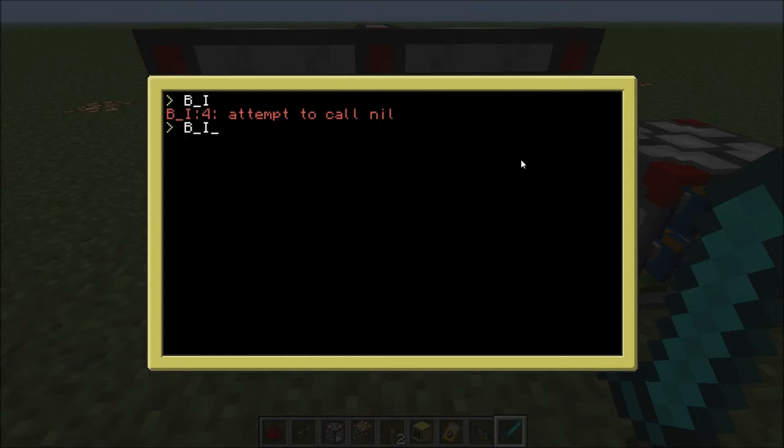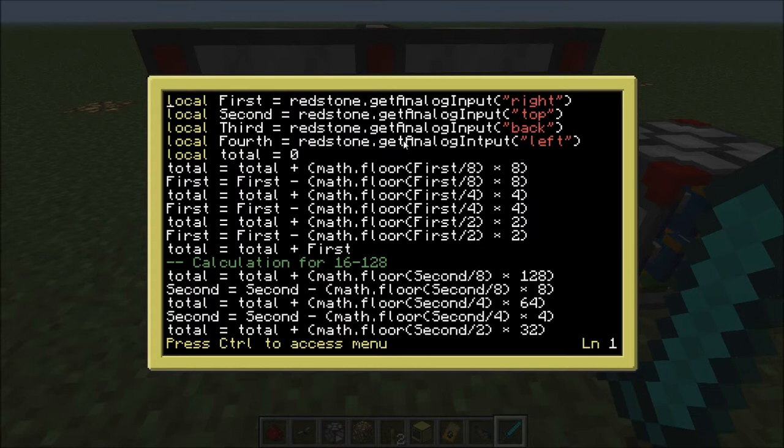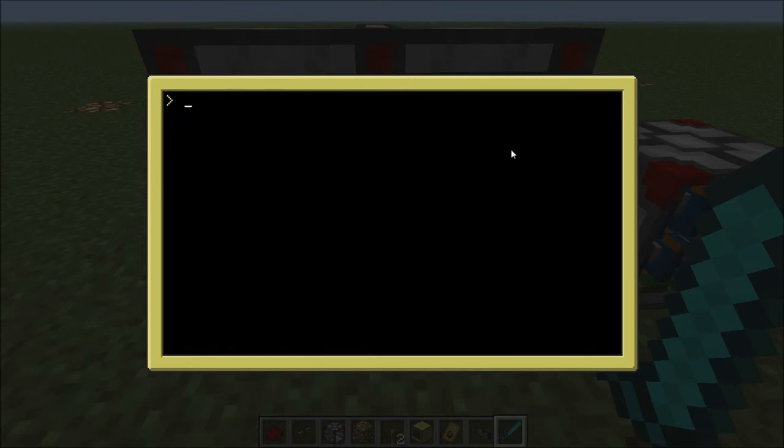Okay. Redstone dot get analog input left. 4 1 2 3 4 fourth equals redstone dot get analog. Oh, good lord, I'm in Egypt. Okay,